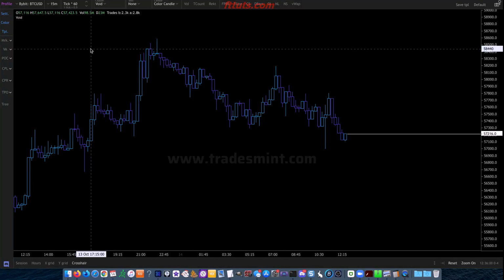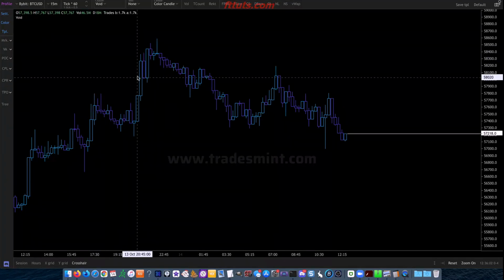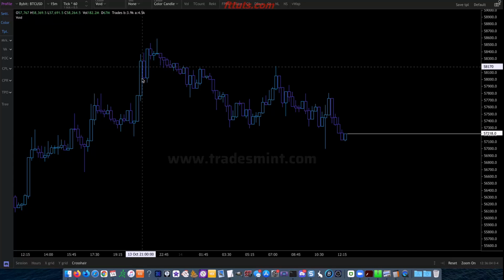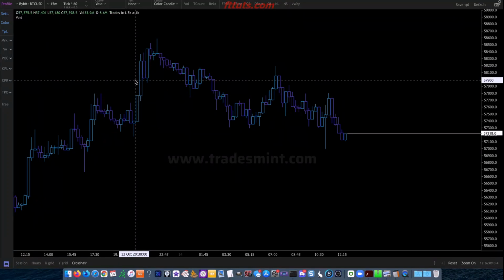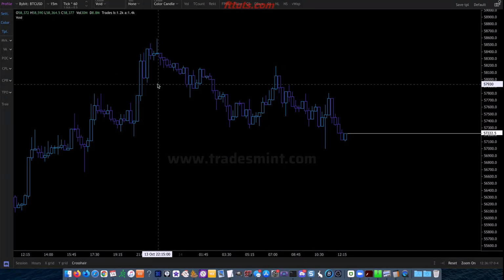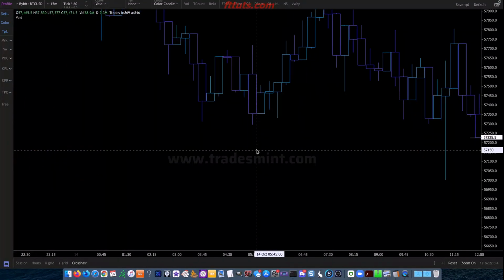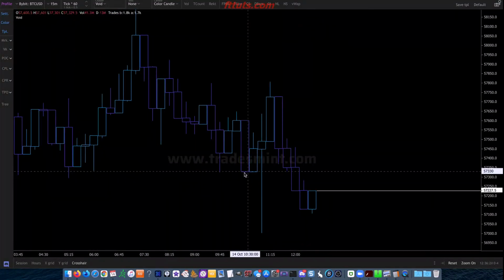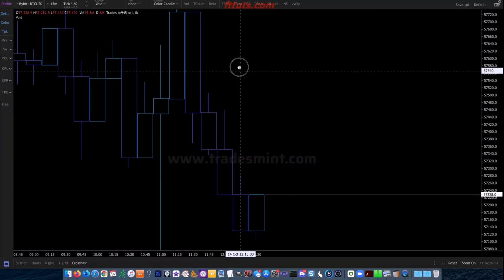Now, what I mean by that is this. When we're looking at these candles, we see the high of the candle, the low of the candle, the open and the close, but we have no way to know how many individual buy and sell orders came into the market to create this candle. We also have no idea at what price those buy and sell orders came in. So if we're looking at, for example, this purple candle right here,